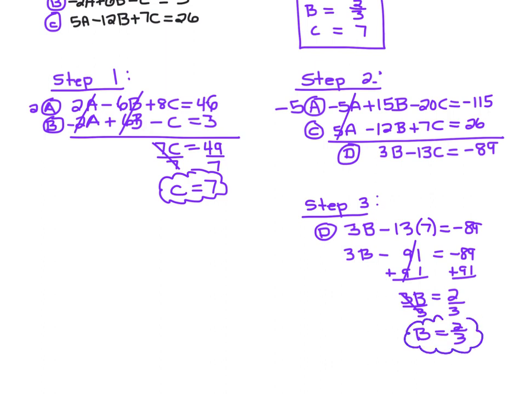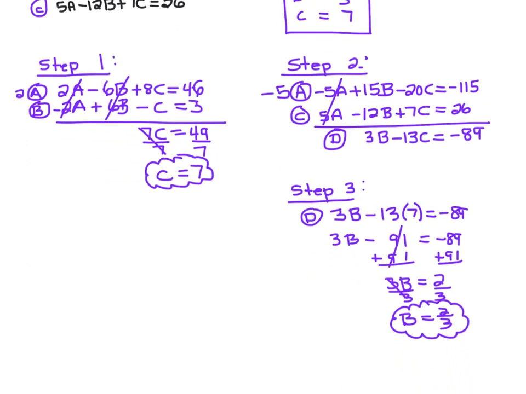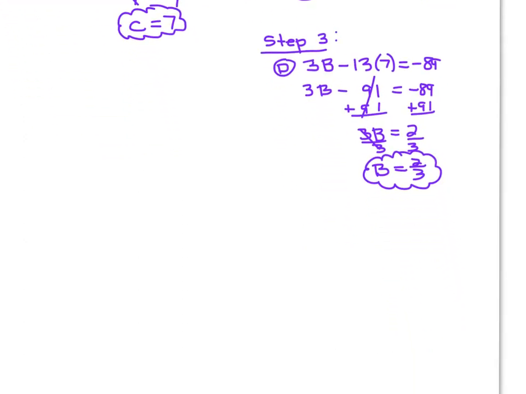Actually, we're going to finish this in 4 steps, because if we already know our b and our c, we can go back to any one of these original equations and plug in b and plug in c to help us solve for a. All right, I'm going to use equation A. So this equation, let me just make myself some room. So I'm going to move this down. All right, so step 4. All right, so equation A had said A minus 3b plus 4c